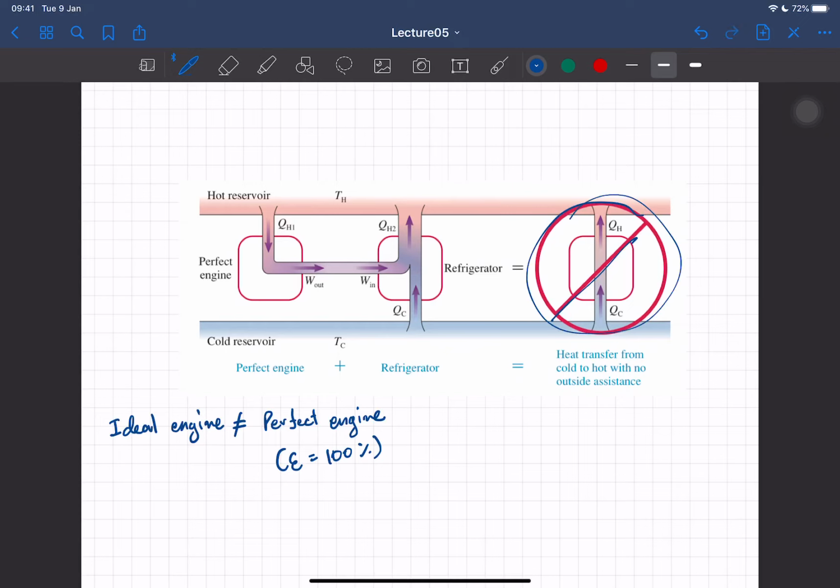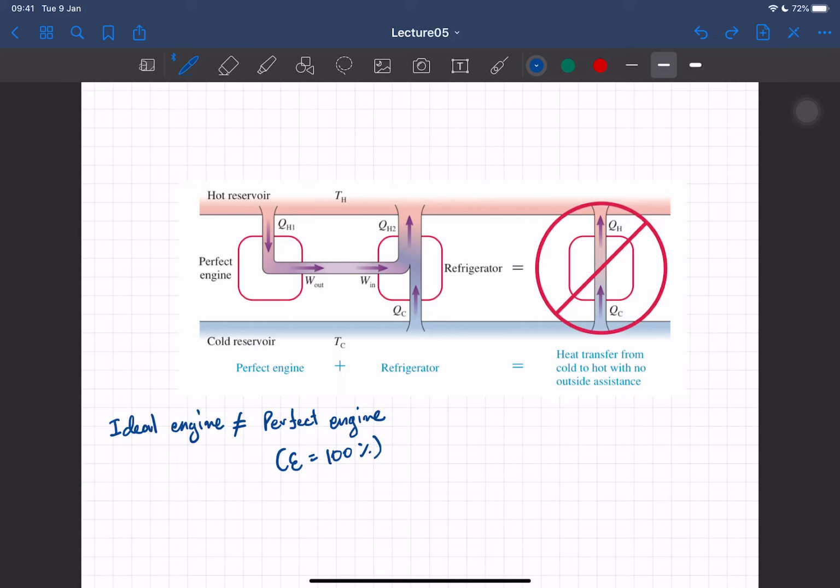And why is this no good? Because we just calculated earlier that this violates the second law of thermodynamics. Okay, so the argument goes like this: if we have a perfect engine, then we're going to violate the second law of thermodynamics. So that's why we don't have a 100% efficiency engine. We don't have a perfect engine, because the second law of thermodynamics must be obeyed. Period. Okay,